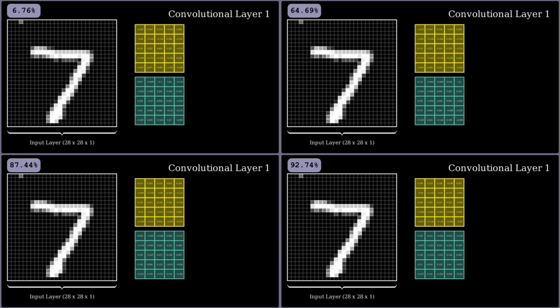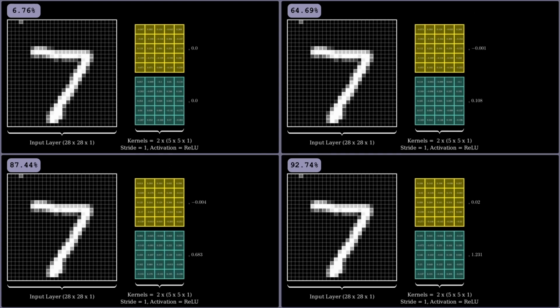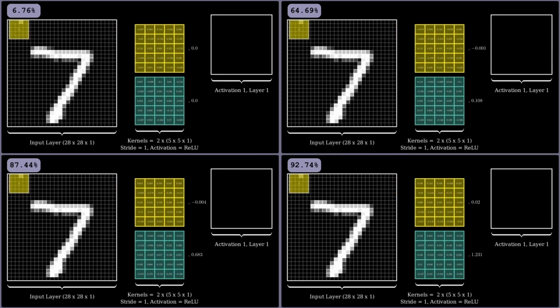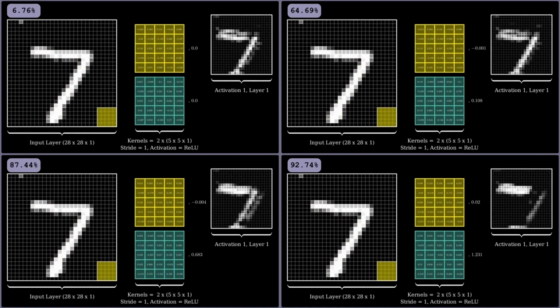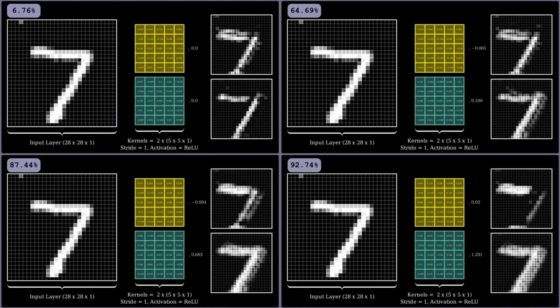First things first, the first convolutional layer consists of 2 5x5 kernels. It uses a stride of 1 and ReLU as the activation function. By running the convolution and visually analyzing the output, we notice that more pixels get activated as the accuracy increases. In some sense, it is easier to see that we are working with the number 7 by looking at the first activation layer in the untrained model than it is by looking at the same activation layer in the model